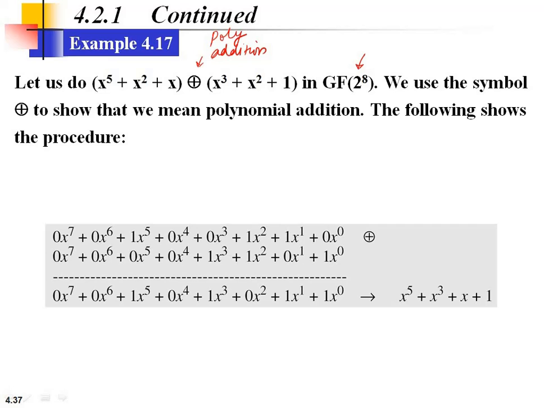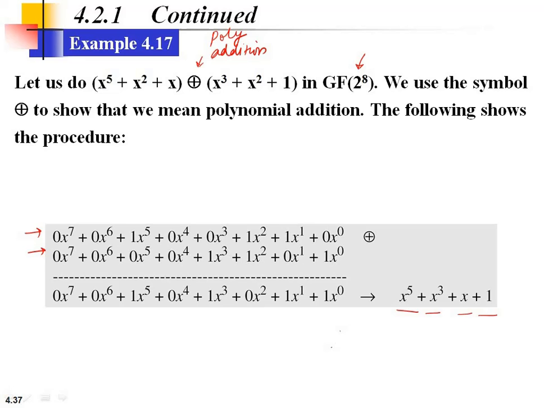So simply we need to write these polynomials in two rows, the first polynomial and then the second polynomial. We will add the coefficients, and then finally we will get this result, that is x5 plus x cube plus x plus 1. So that is very easy, that you have done in your normal mathematics. In exactly the same manner we can perform addition and subtraction. In fact, the result of addition and subtraction is the same,